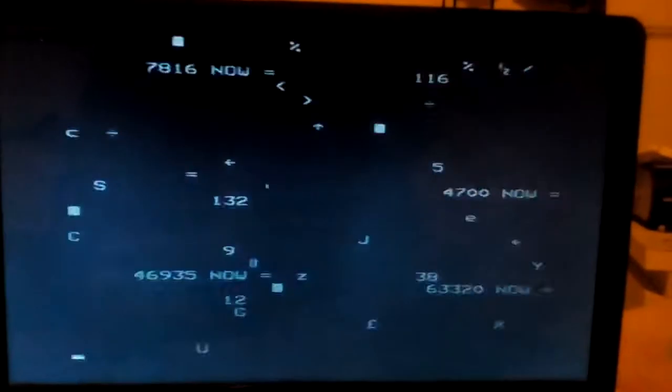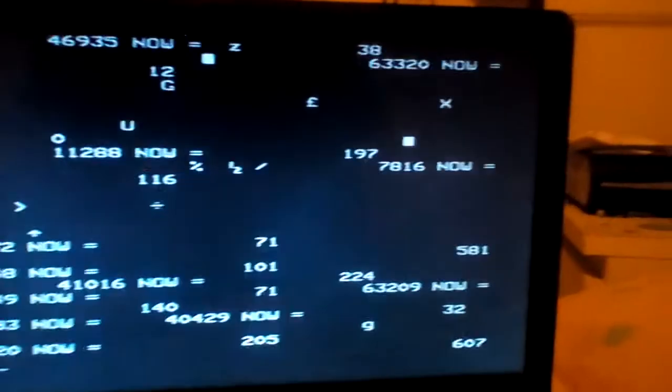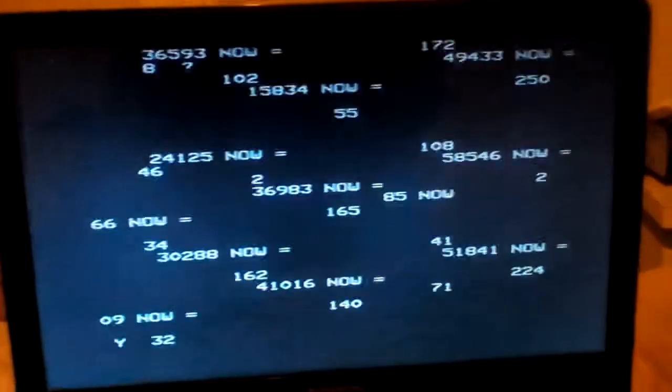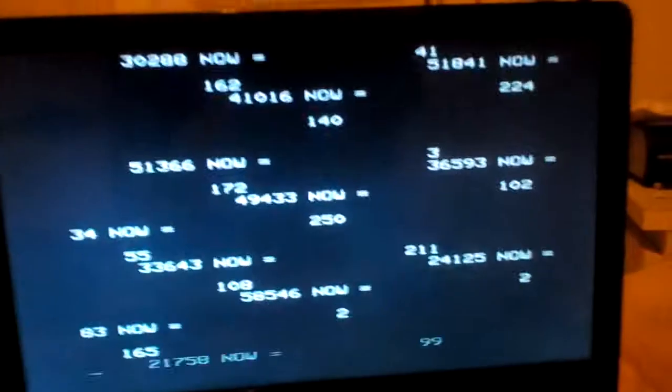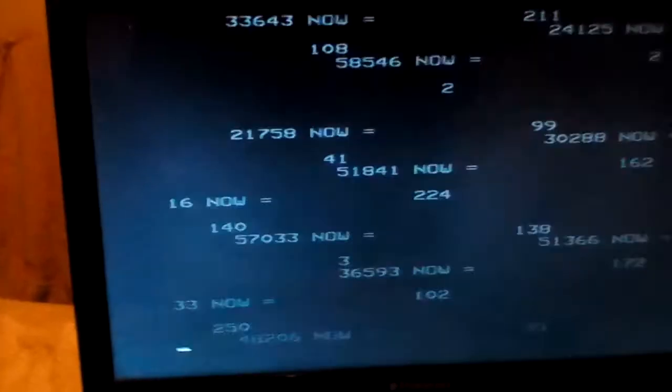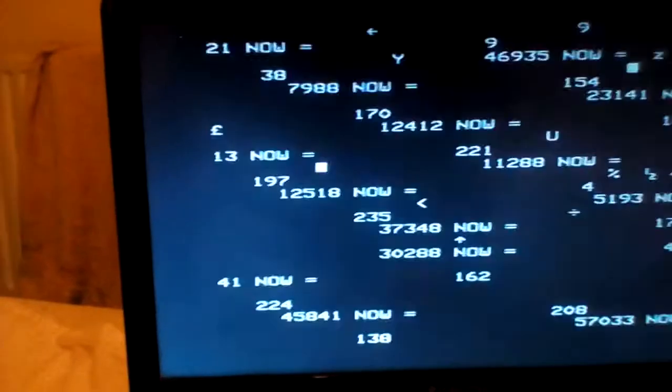Oh, there's a Z and there's an ampersand sign. A G. Oh, yep, there we go, that's what I mean by sometimes it goes completely wacky. Oh, and there's some random colours popping up as well. Over there. So yeah, it's just hard to read, mainly because it's just